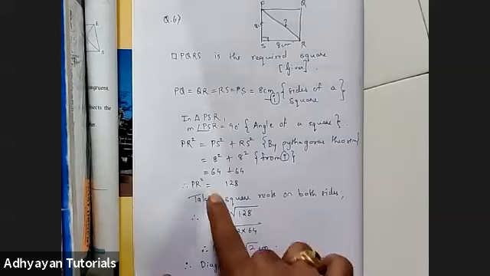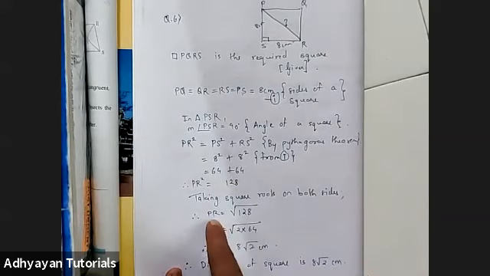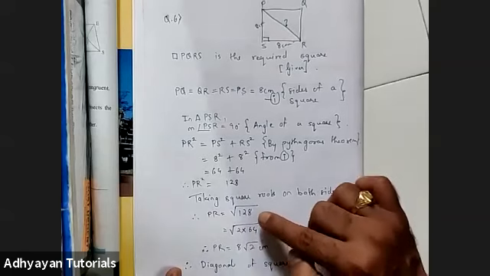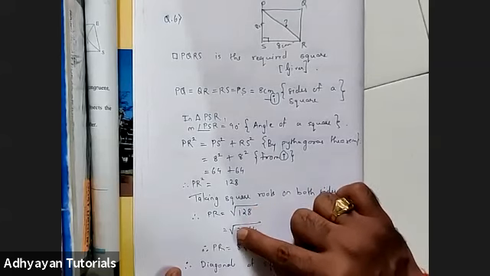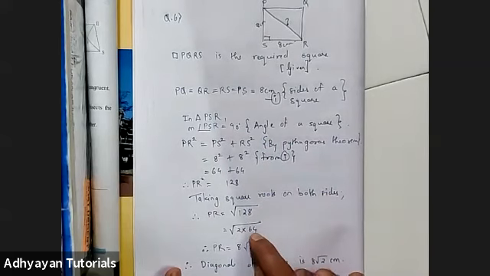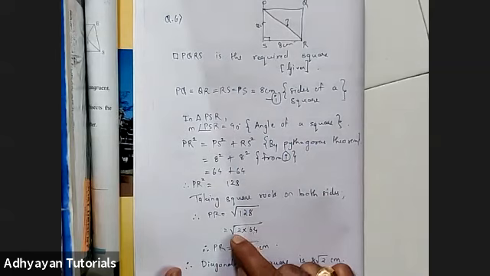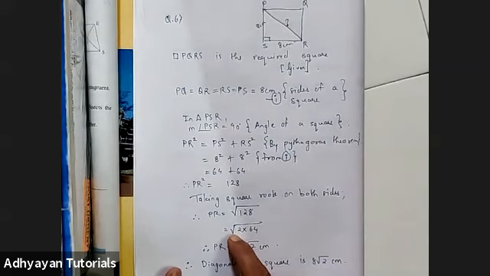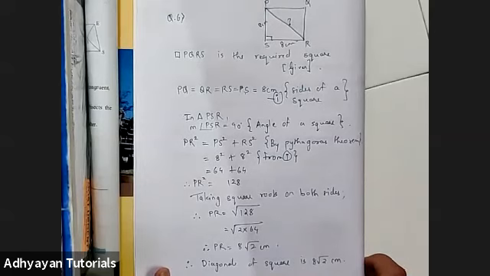Yes, please. See, PR square is 128. I believe यहाँ तक सबको समझा होगा. Then taking square root on both the sides. I've taken square root on both the sides. 128 का square root. So can I imagine 128 as 2 into 64? Because it is nothing but 64 plus 64. So 2 into 64. And 64 is a perfect square. Root of 64, I know it is 8. इसीलिए 8 बाहर लिखा है. But root of 2, 2 का root नहीं ले सकते, तो it is kept as it is. So आप root 2 into 8 लिखो या 8 root 2 लिखो, it is one and the same thing. So 8 root 2 is my final answer. Siddhi, I hope you have understood that.